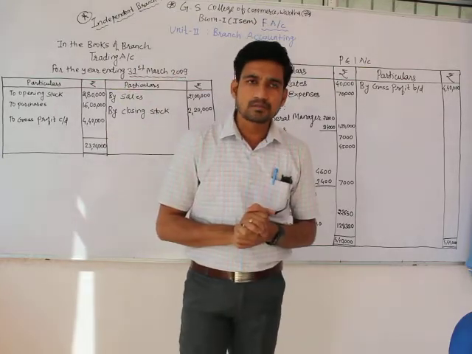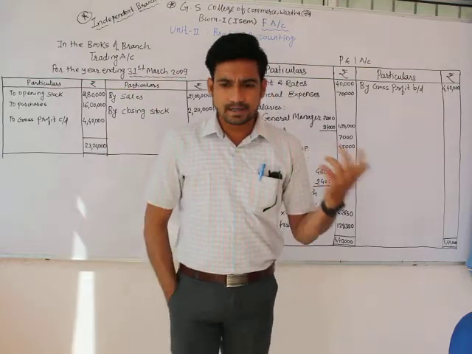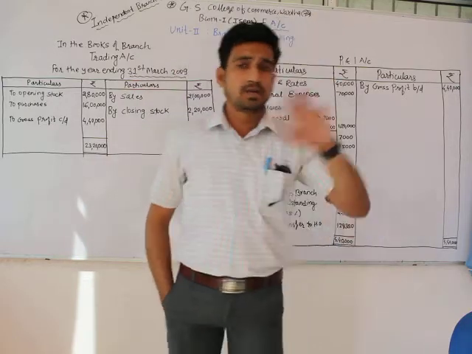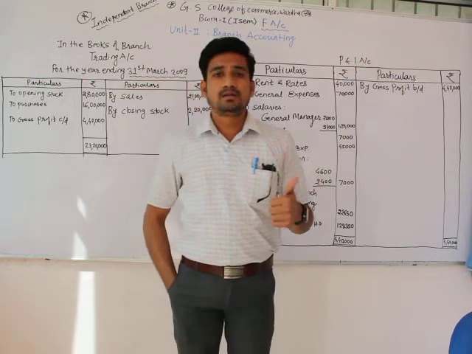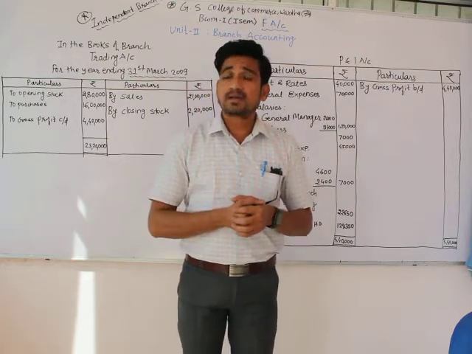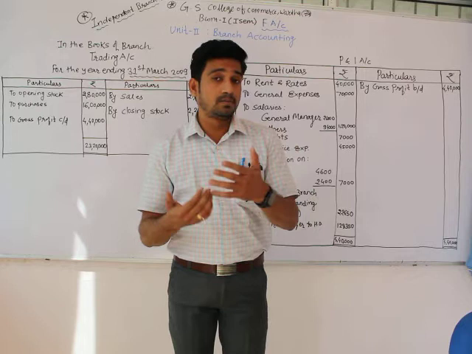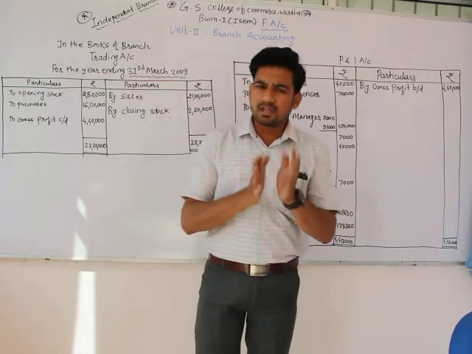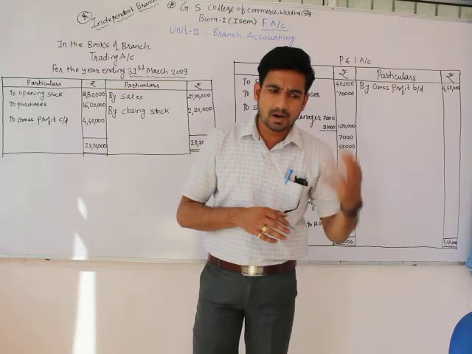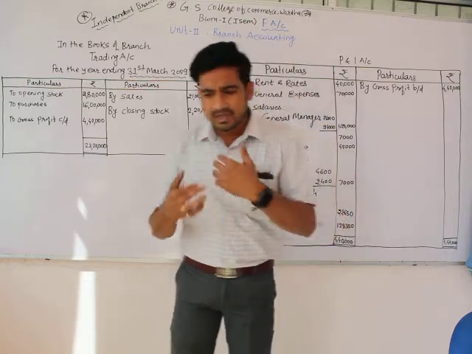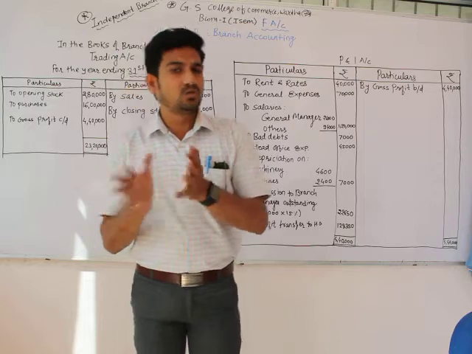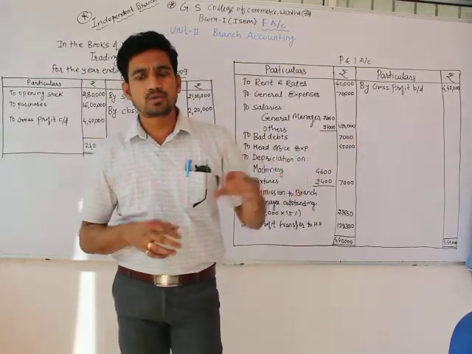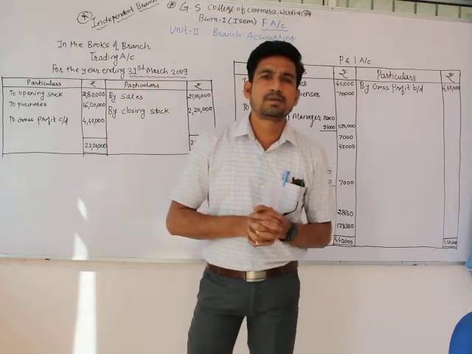Independent branches have the right to buy directly from head office, they have the right to sell, they can even sell to the head office. They can decide their prices, they can also indulge in production and processing. Everything which is a part of processing or production, they can do, because they have that right, that authority from head office. So this is all about independent branch.